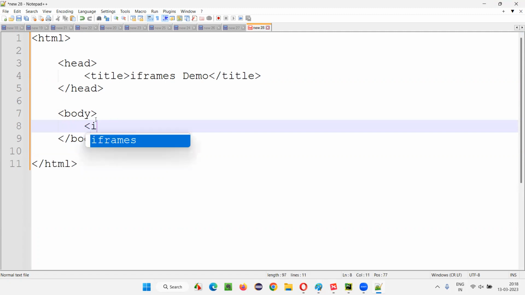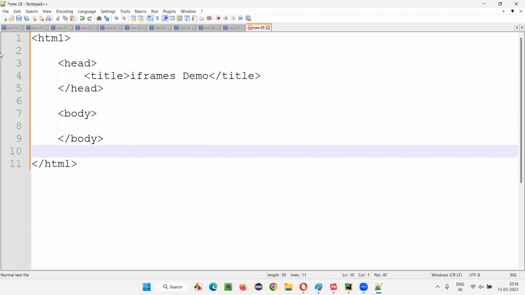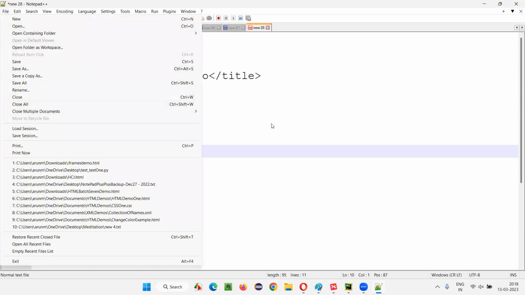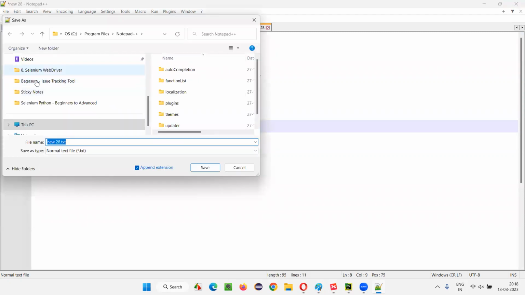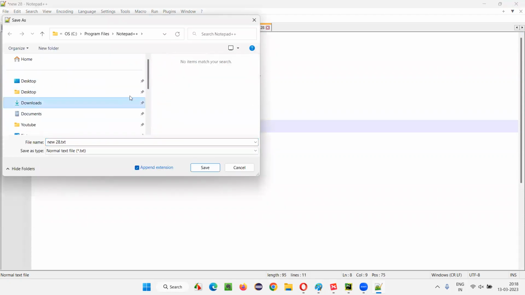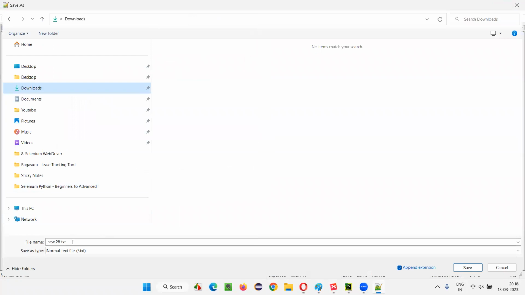In this I'll create a frame, guys, an iframe. But if I don't provide anything, a normal HTML page will be there. First, let me save this without embedding any frames inside this HTML page. How does this page look? Let's see first. File, save as, go to some location on your machine where you feel comfortable, and save this file. I'll name this file iframes demo